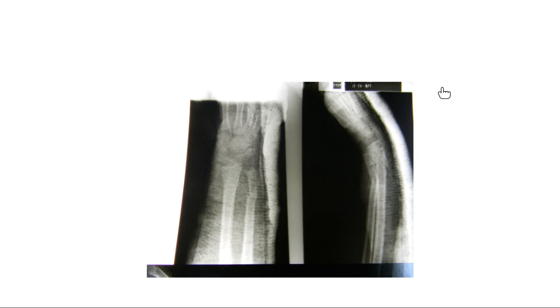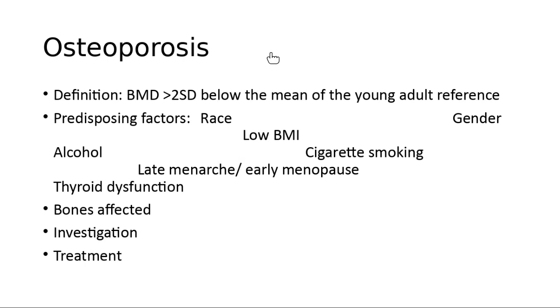Now, the talk is Colles and other fragility fractures. What do we mean by fragility fracture? We're essentially talking about osteoporosis. What's the definition of osteoporosis? It's a bone mineral density, BMD, which is greater than 2